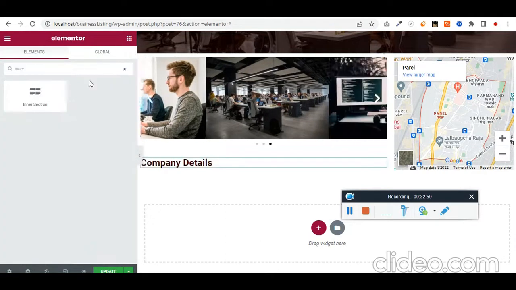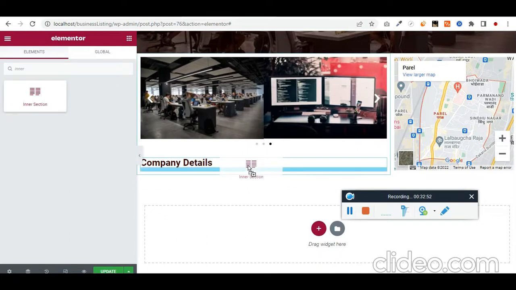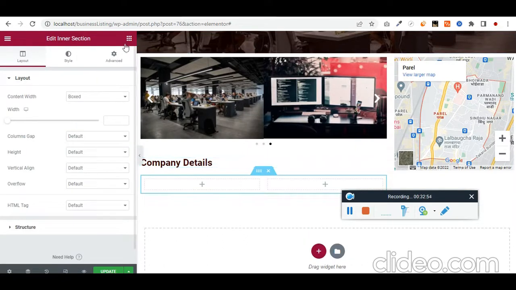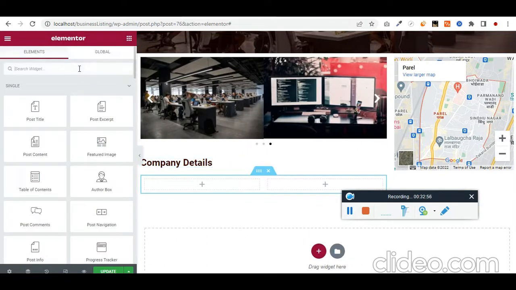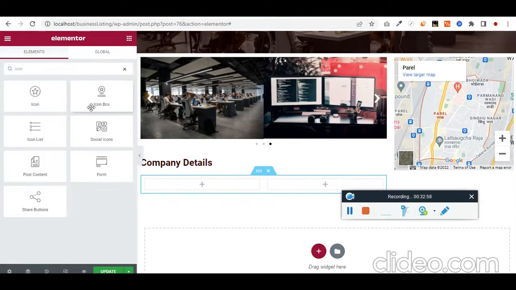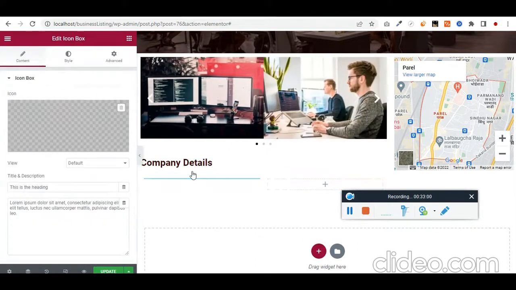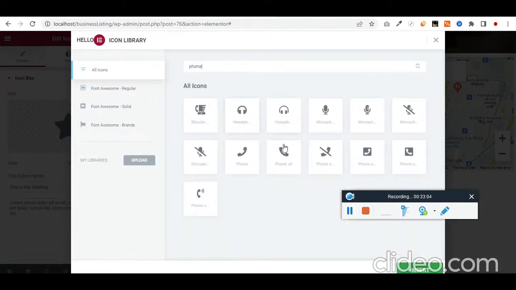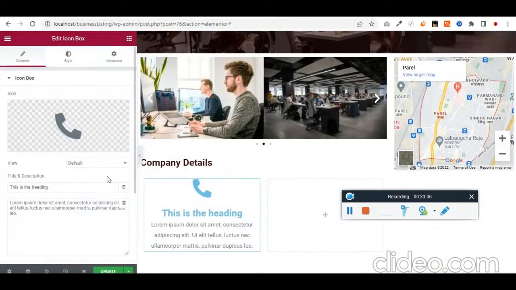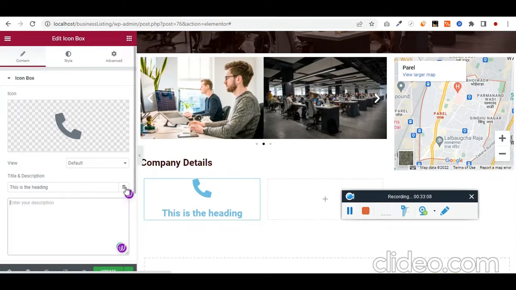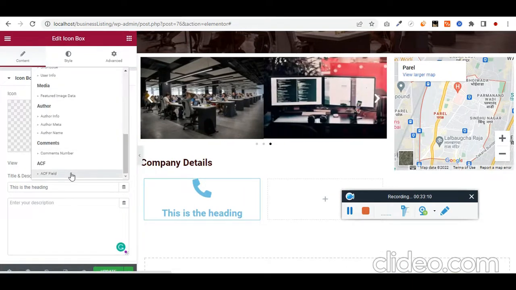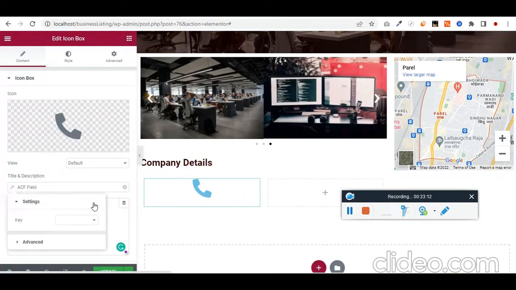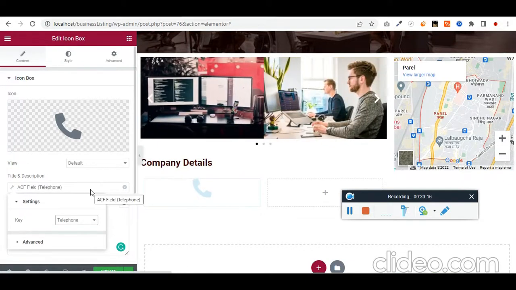Again, inner section, icon box, drag and drop it here, change this to phone, and we don't need this. Let this come from dynamic advanced custom field, from the key called phone,